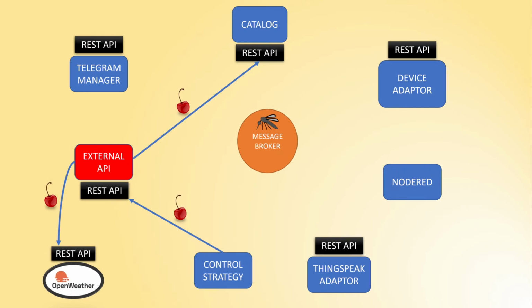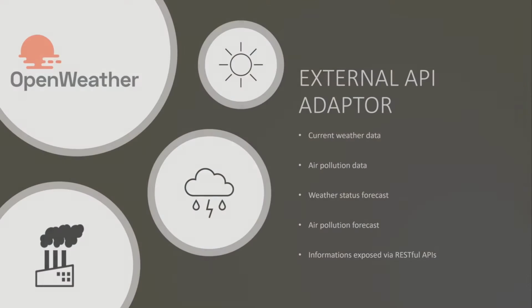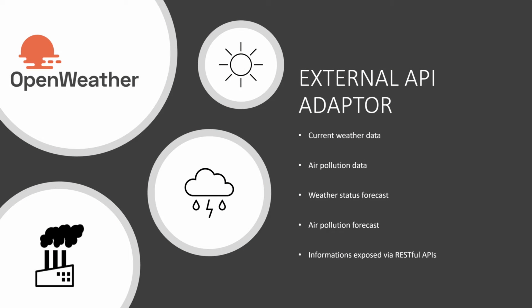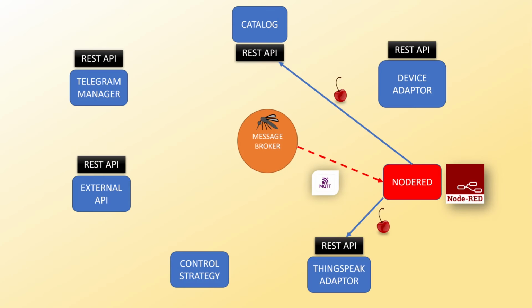The external Weather API service contacts Open Weather API in order to get the current weather data, the air pollution data, the forecasted weather data and the forecasted air pollution data. This information is exposed via RESTful API to the other services and then processed by the control strategy. The Node-RED service provides a simple and user-friendly graphical interface in which the user can configure parameters in order to